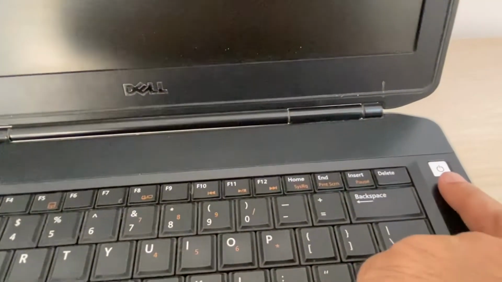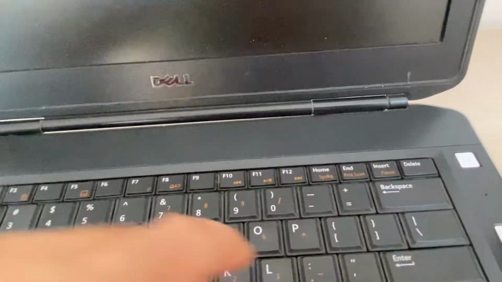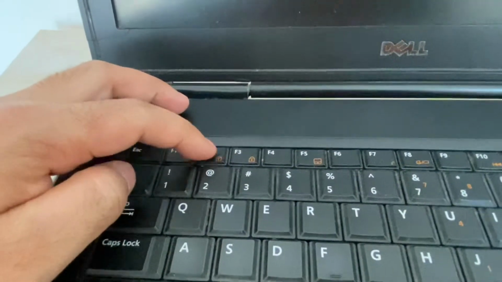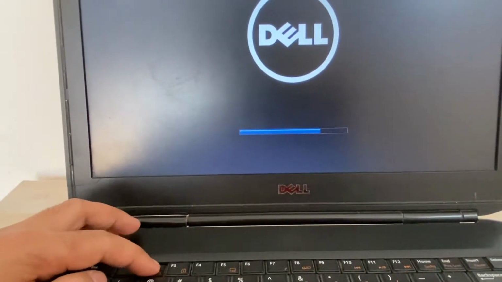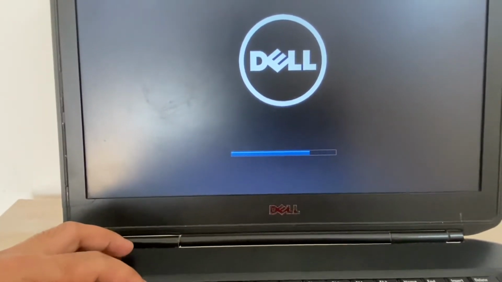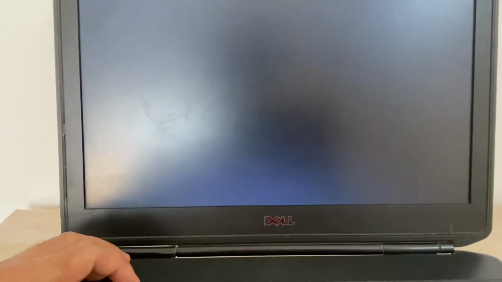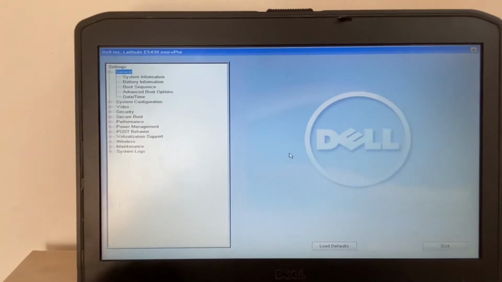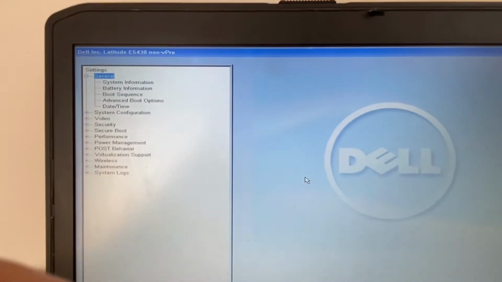So I will turn on my laptop again and I will press F2 to open the BIOS options. Now you can see the BIOS option. Now what you have to do is,